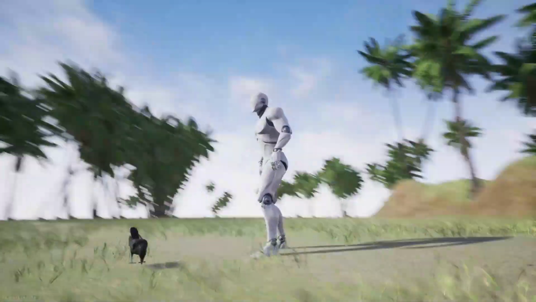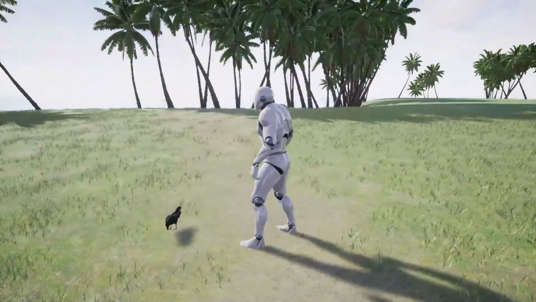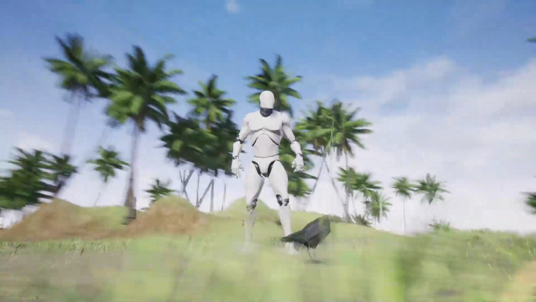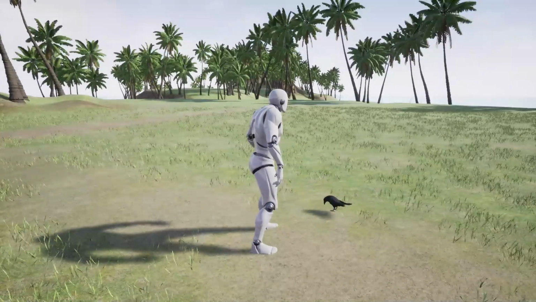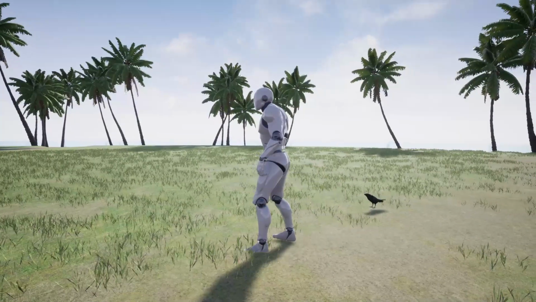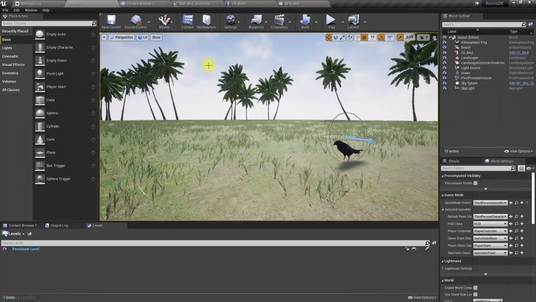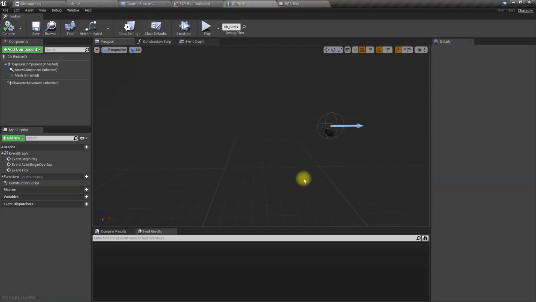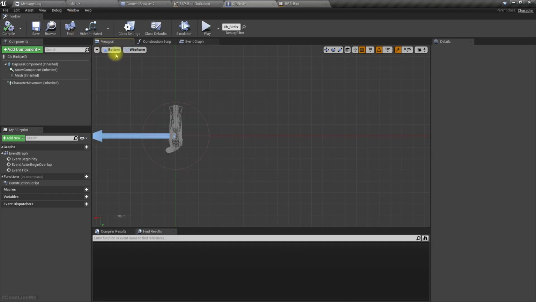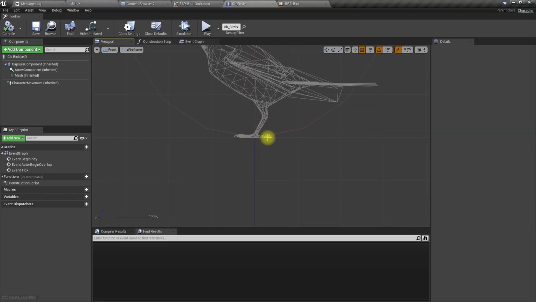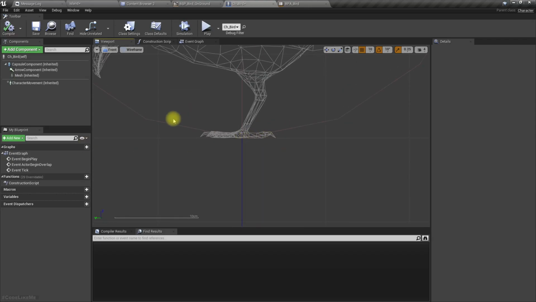Okay, we see floating. No, I think it's okay. Wait, we can check it here. Right, I think it's okay.